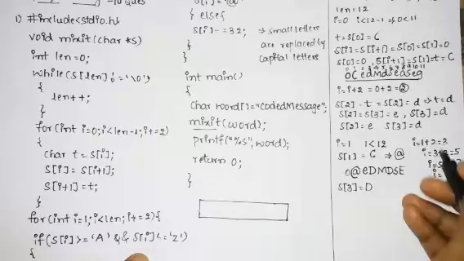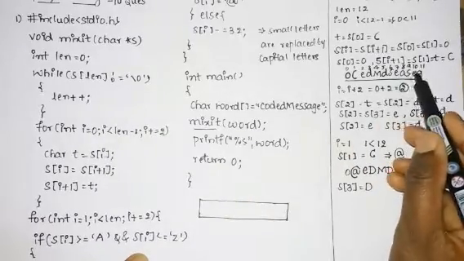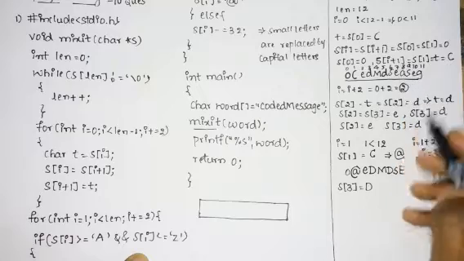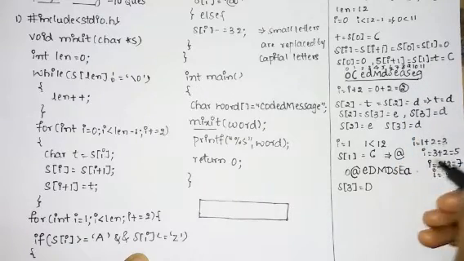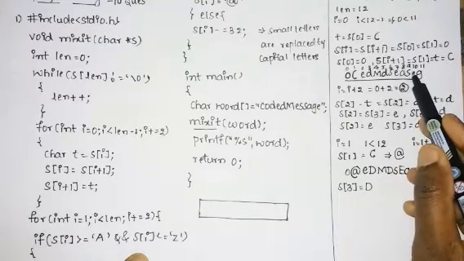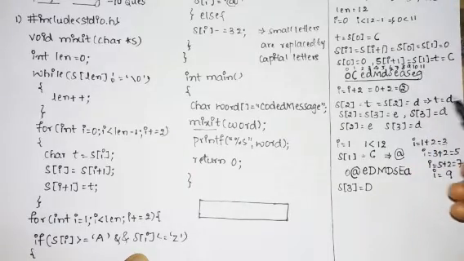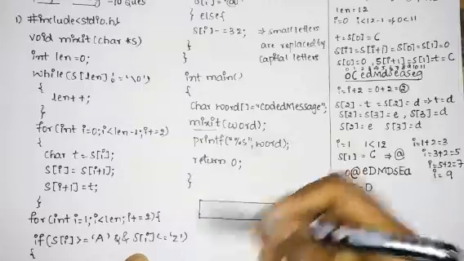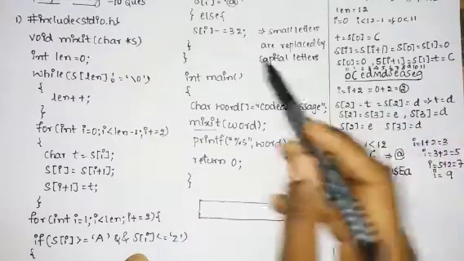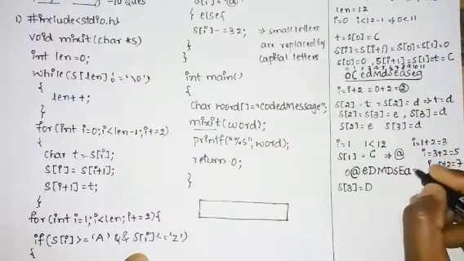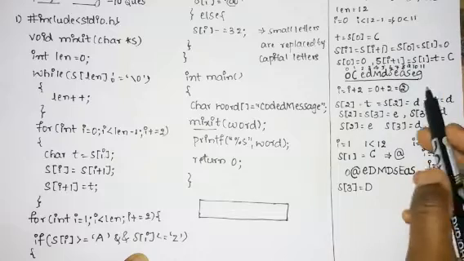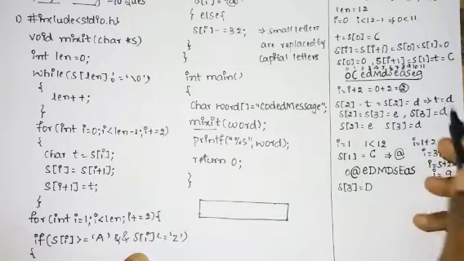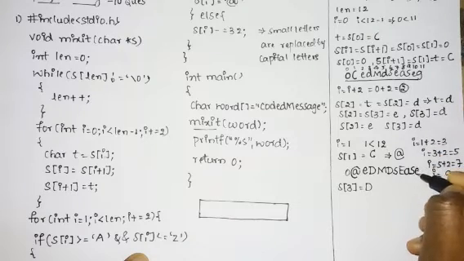Now I is 9. At the 8th position we have A, that is, you write A as it is. At the 9th position we have S. Again you check whether S lies within the range A to Z. We have small s, so it doesn't lie. Again it is converted to capital S. Similarly I is incremented, so now I becomes 11. The 10th position E is kept as it is.